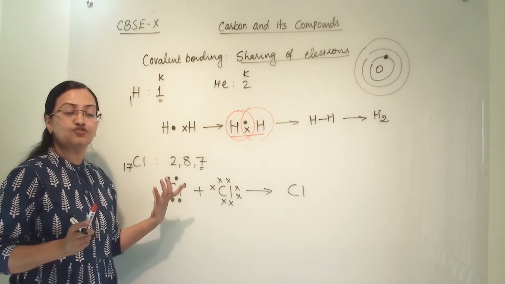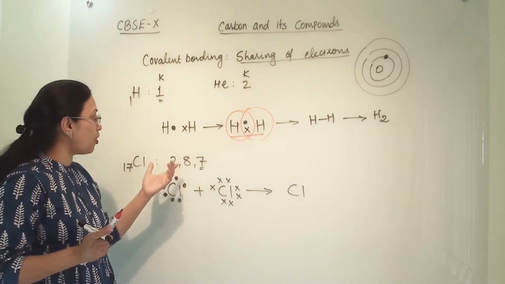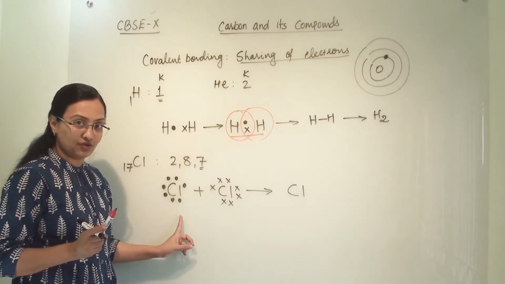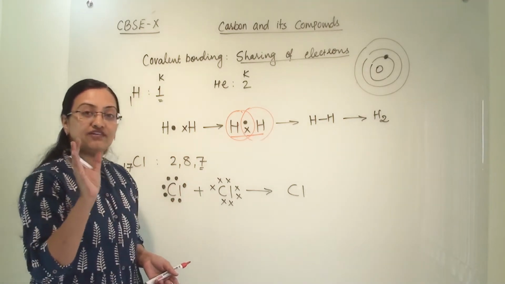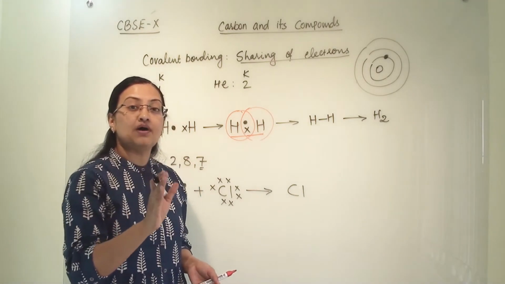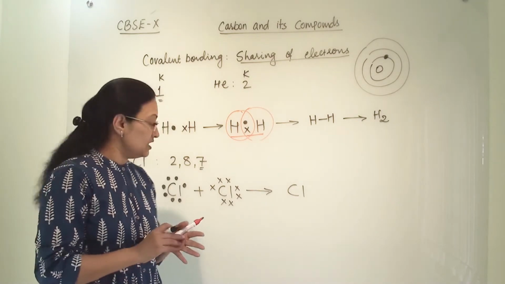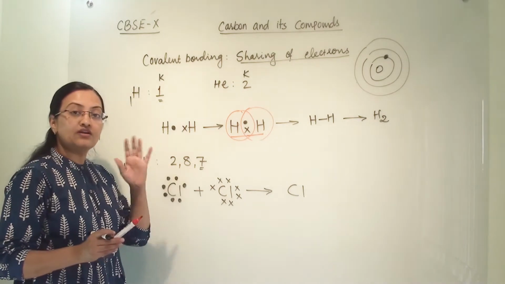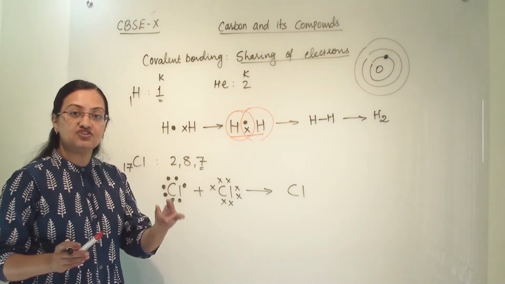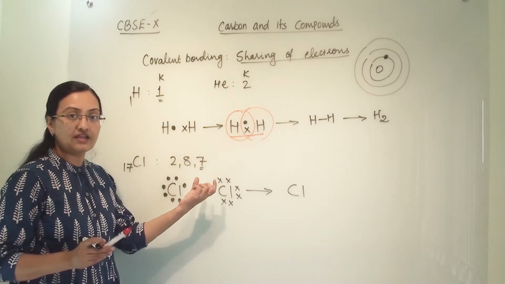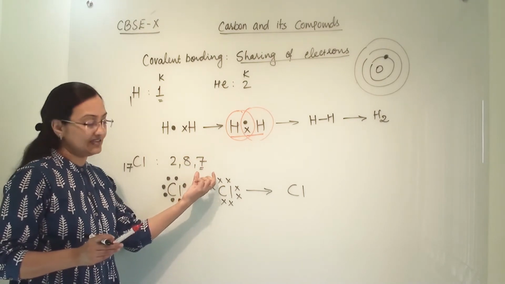And as we are showing dots, we cannot show all the electrons, so we show only valence electrons. Only valence electrons take part in sharing, in transferring, in reactions. The inner orbitals do not take part in reactions, in sharing or in transferring electrons. So whenever we show bonding, we have to focus on valence electrons.